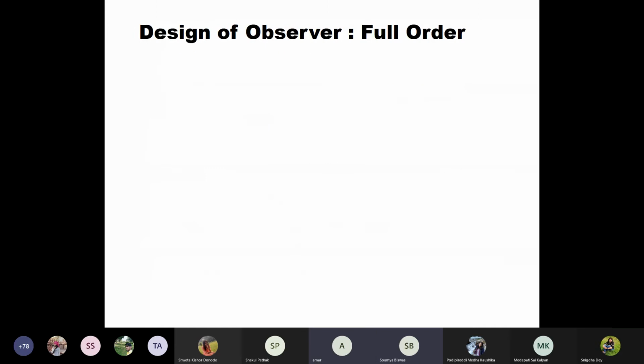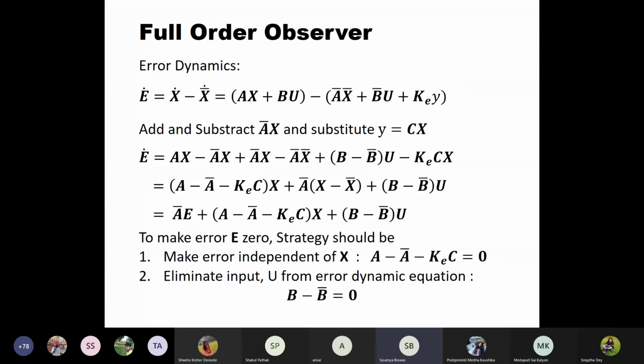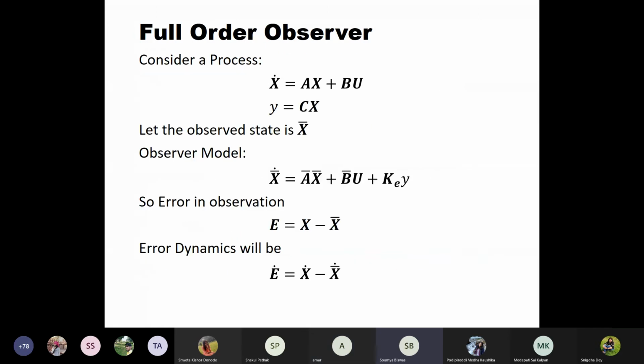So I mean to say that x dot was Ax plus Bu, and in the observable state it was x bar dot is equal to A bar x bar plus B bar u plus K into y. So K, yes sir. Why K into y? I couldn't follow that. Okay, so the y, K into y, I am putting it over here, right? So that is your question, okay? Yes sir.